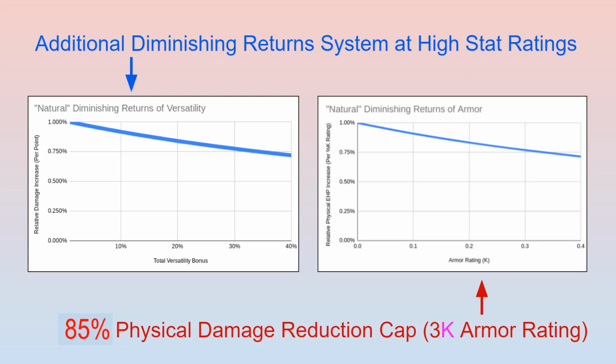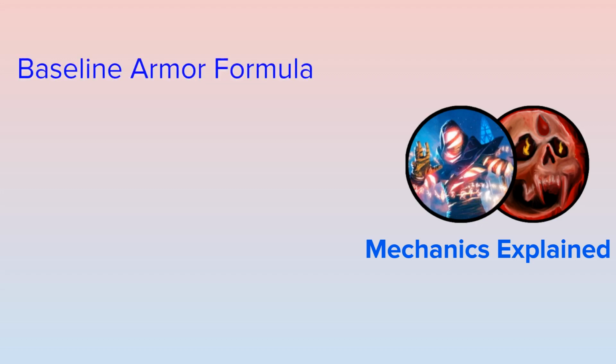Armor, on the other hand, doesn't have a special penalty system like secondary stats, but you do stop benefiting from additional armor once you have 85% physical damage reduction, which you would obtain if your armor rating was equal to around 5.7 times the K value. The cap isn't too relevant for most tank specializations, though there have been times where some tank specializations have been able to reach it. In conclusion, we talked about the calculations relating to armor, we explained what is going on